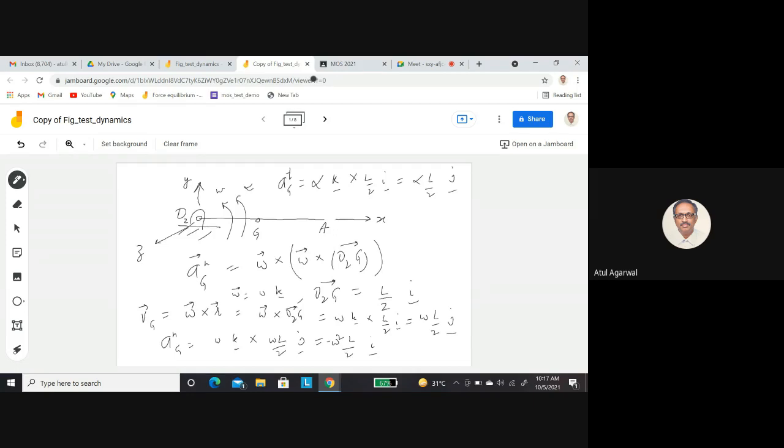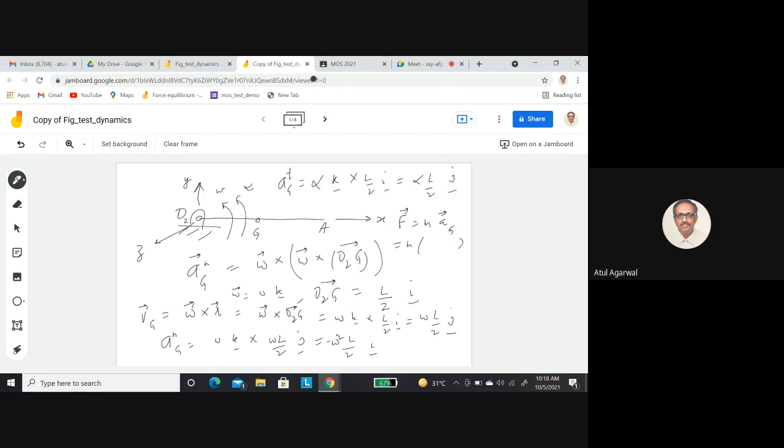Now you see there is a force acting on this rod. So what is causing the acceleration? The only external agency here is some force coming from the support, as you neglect the weight of the bar. So what is the support force? That force has to be given as mass into the acceleration of the center of mass. You have already got the acceleration of the center of mass. You multiply it with the mass of the rod. So that is the support force caused by the support onto this rod.